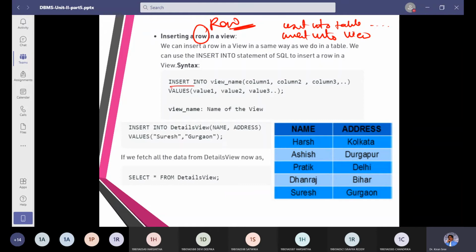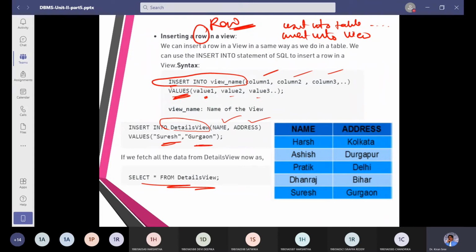This was the change you should understand. Earlier we used to write insert into table name. Now we write insert into view with column names and values, value 1, value 2. Insert into detail view, we give Suresh and Gurgaon.